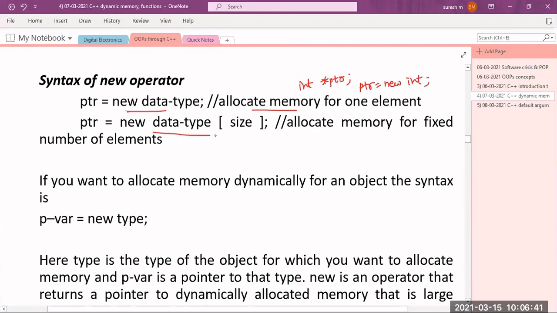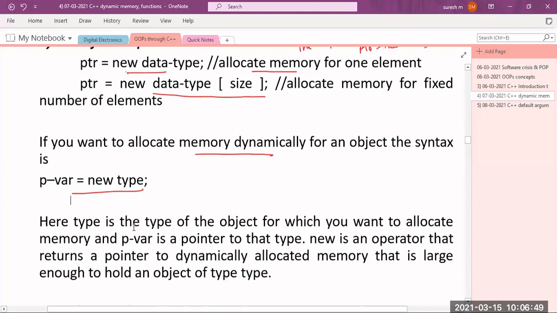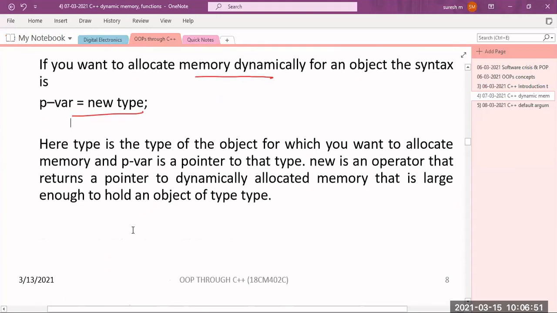But if you want to allocate the memory for more than one variable, for an array, then you have to use this syntax. If you want to allocate memory dynamically for an object, then this is the syntax, and the same thing is discussed here. Type is the data type. Like you are creating a class A, and inside void main I am creating the object.